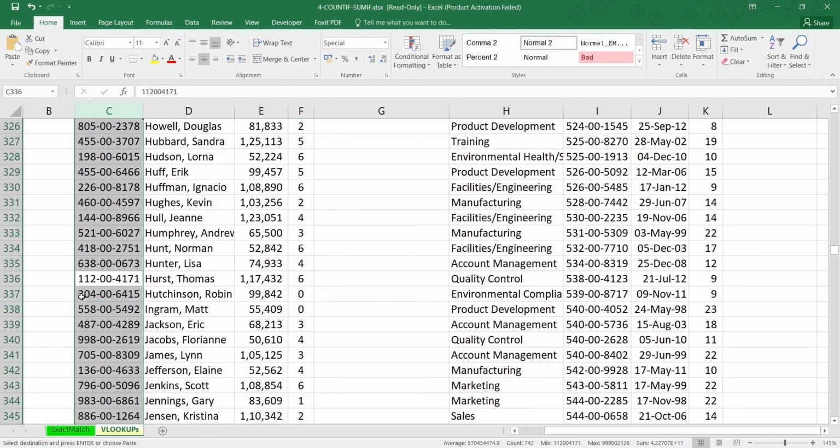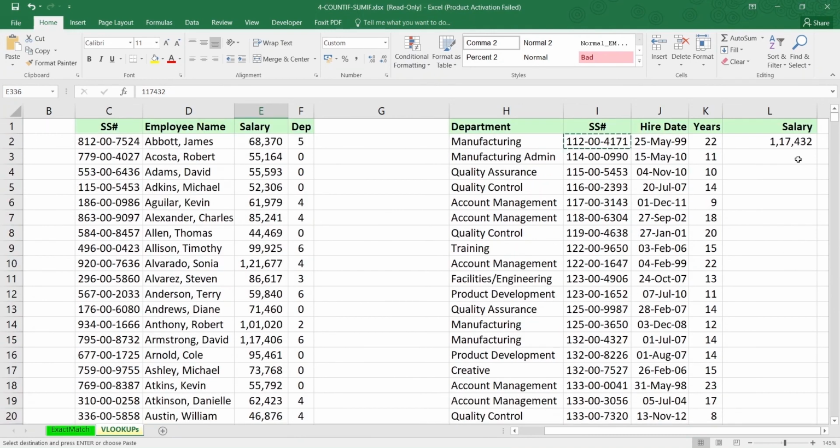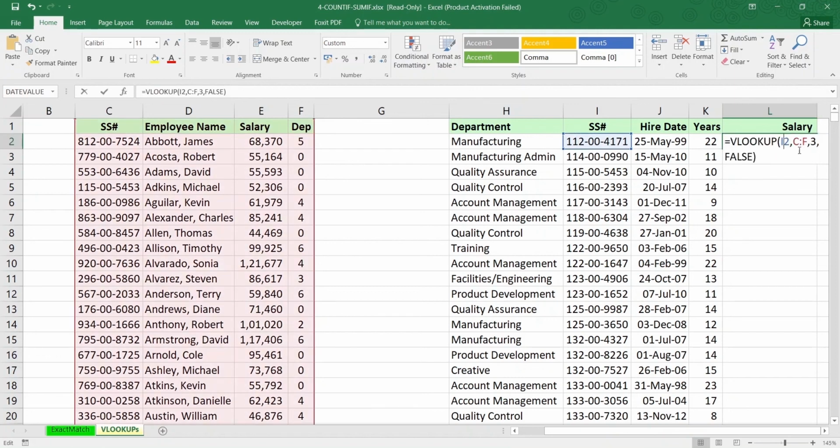So as you can see, we have found the social security number over here, and the salary for that employee is 1,17,432, exactly as we found it over here. So there is no scope of any misrepresentation over here, since we are selecting false, which is the exact match. There is no scope of any false information. Excel will always get you the exact information that you want.